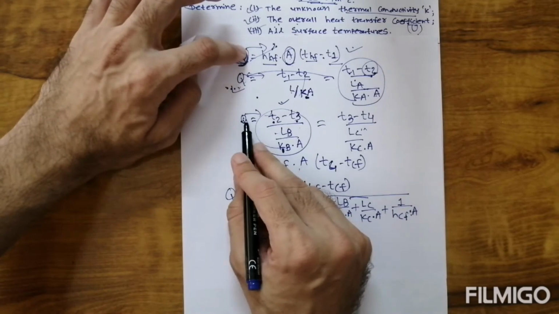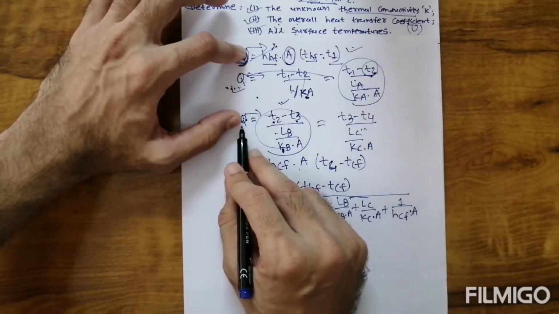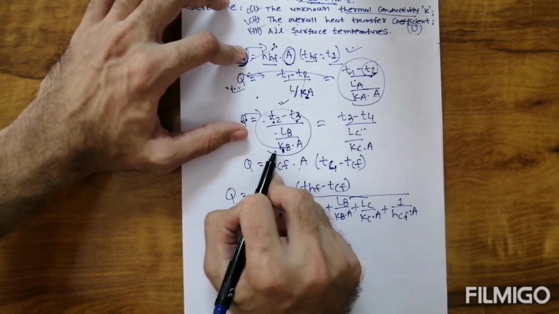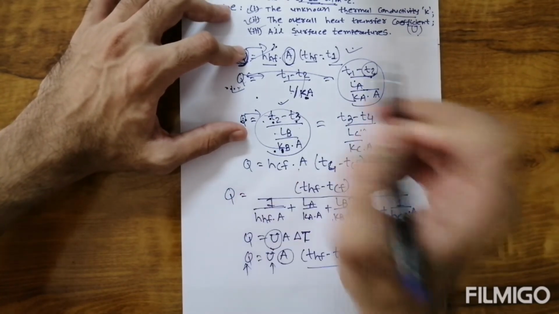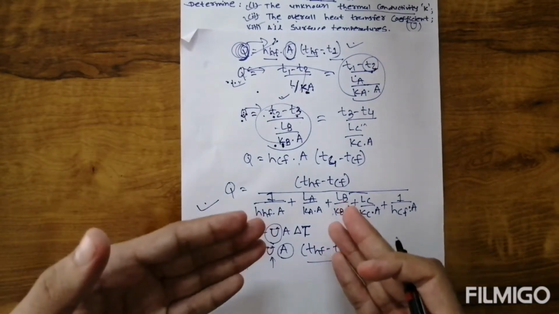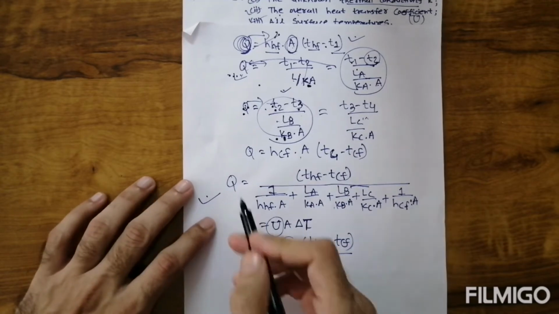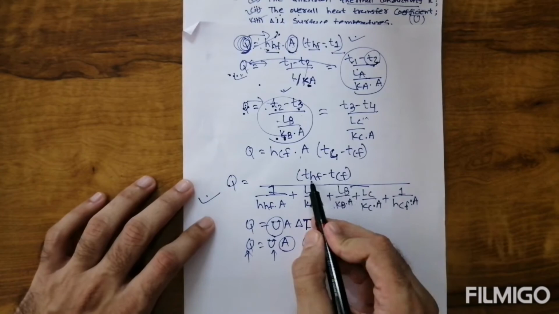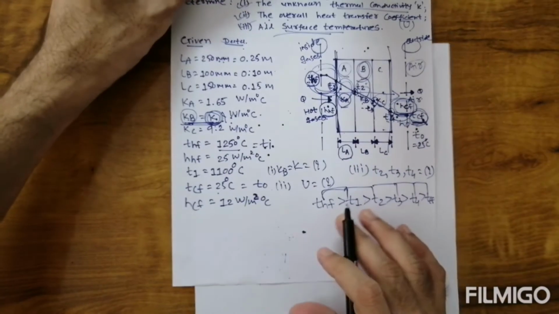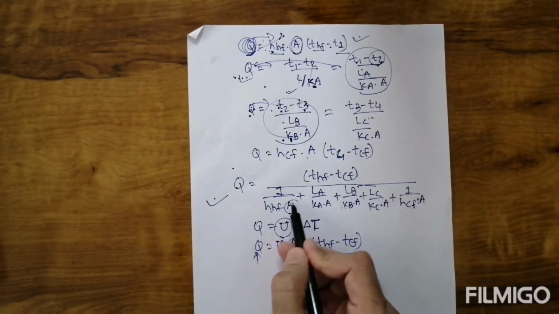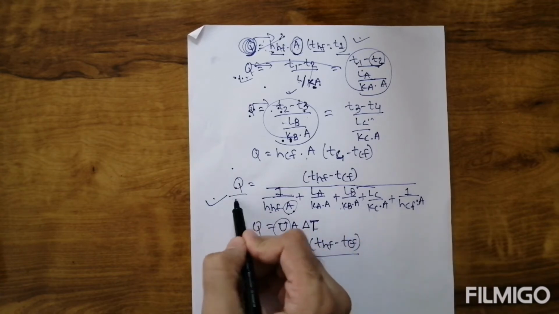Suppose Q is found from that equation, we can put it here. T2 is found from that equation, we can put it here. T3 is unknown, KB is unknown. So how can we find KB? KB is found from that equation. Why can we use that equation for KB? You can see here Q by A is found from that equation. Then THF and TCF are given. You can see here THF is given, TCF is given. Then after HHF, area, so we are taking area common and Q by A will be considered.